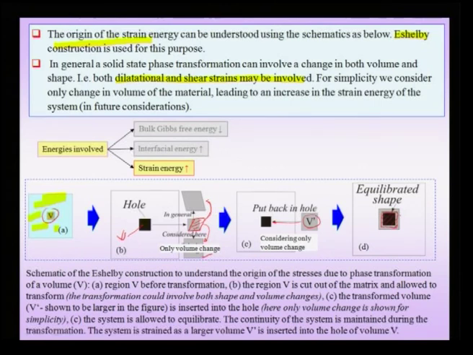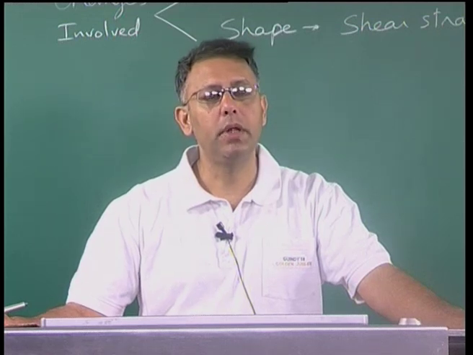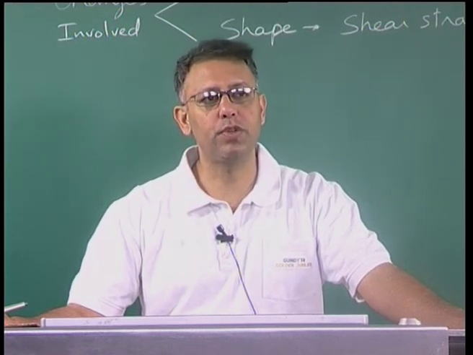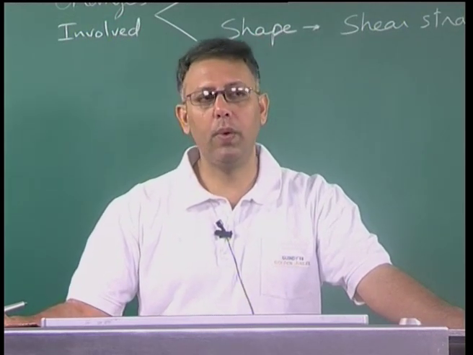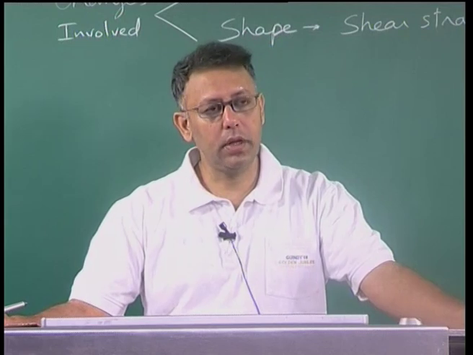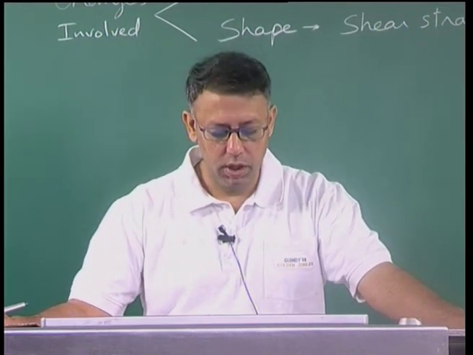Therefore, all this strain energy which the system is paying will have to come from somewhere, the reduction in the Gibbs free energy which was originally present. In the absence of this strain energy, I would assume that the transformation can take place much more easily, but now because there is a strain energy term involved,